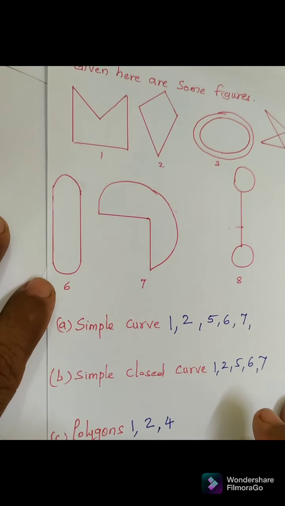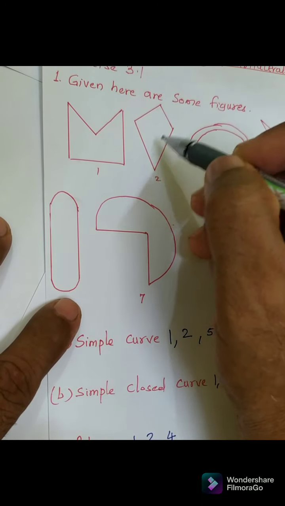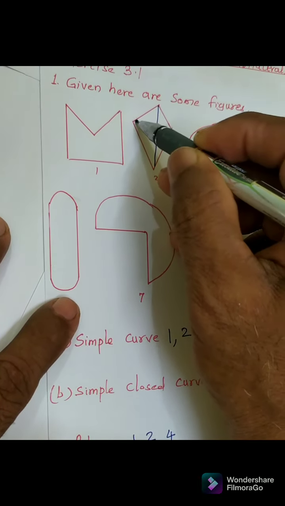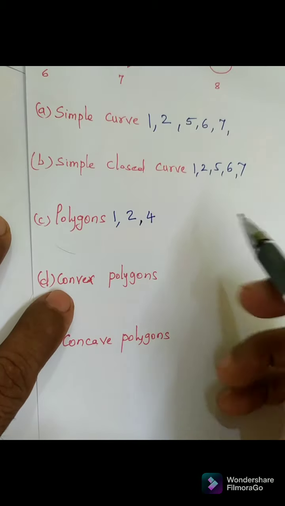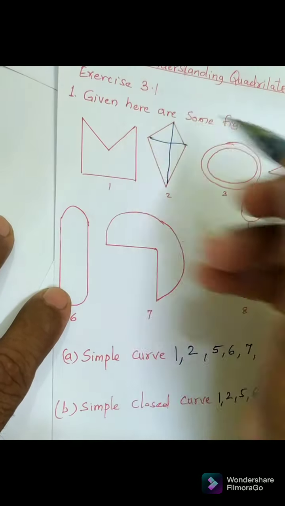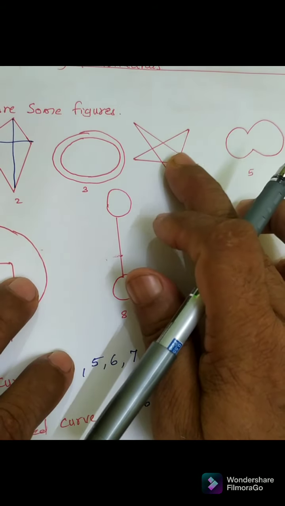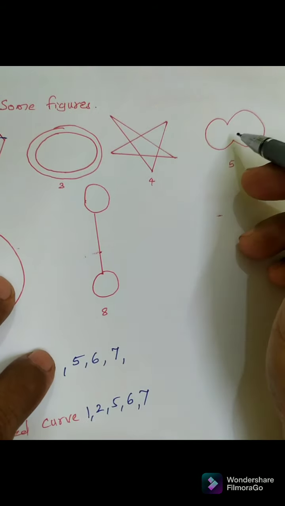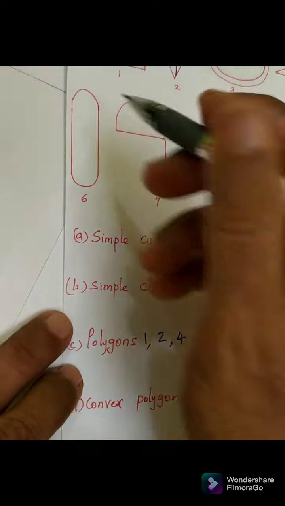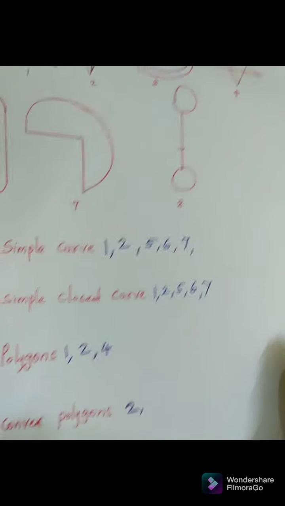Then what is a convex polygon? Convex polygon, the diagonal should be in the interior. So this is, you can say like this, it is in the interior. So this is a convex polygon. What about one? It is not convex, one of the diagonals is outside. Here there is no diagonal. Here what about this? This is not possible, diagonals go outside, this is not a polygon. Again this is not a polygon, this is also not a polygon, and again the eighth one is also not a polygon.